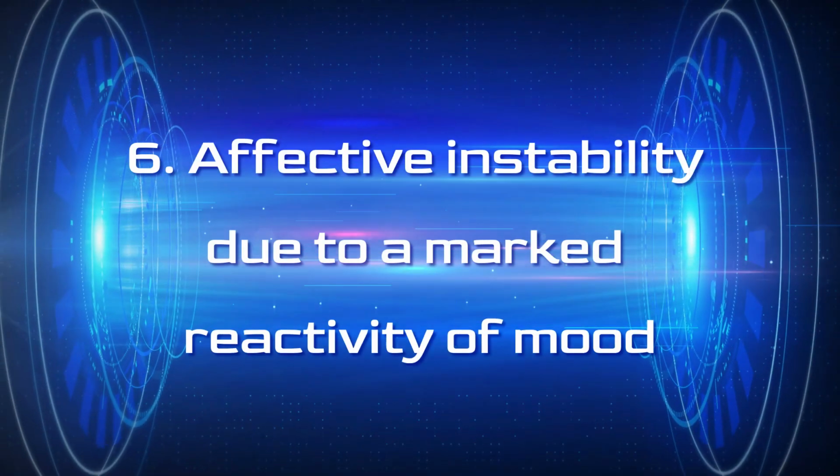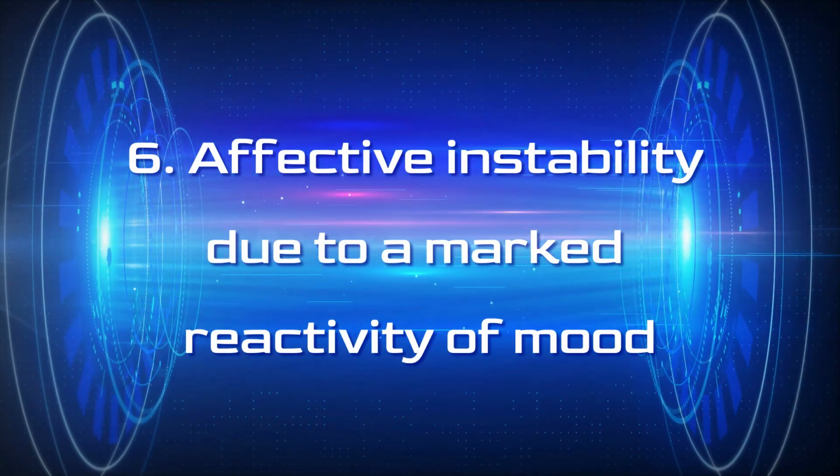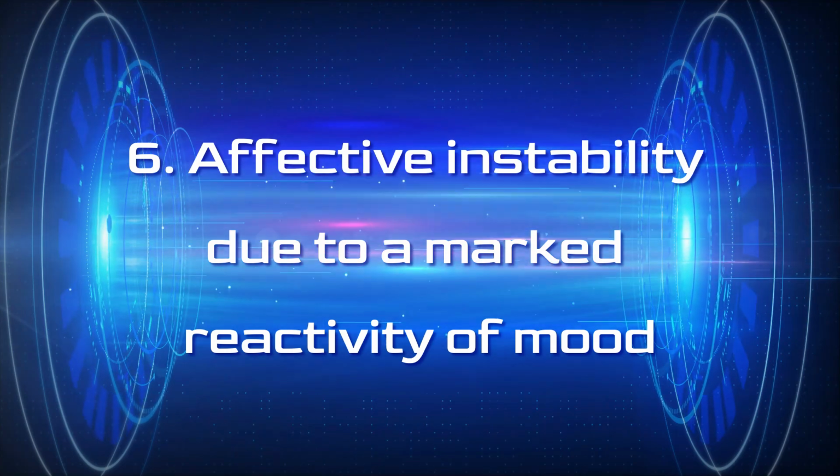The 6th one is an affective instability due to a marked reactivity of mood. So this is really mood shifts, so high-end anxiety, quite euphoric type symptoms can take place, often intense irritability, and these things can last for hours and sometimes days, where this mood shift really does take over that individual's thinking, and there can be almost like a cognitive disturbance around it. There's this focused, blinkered view about what's going on for that individual, and they get stuck in this pattern of mood instability.